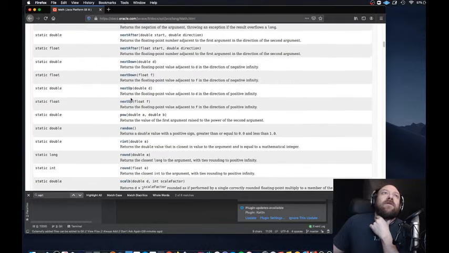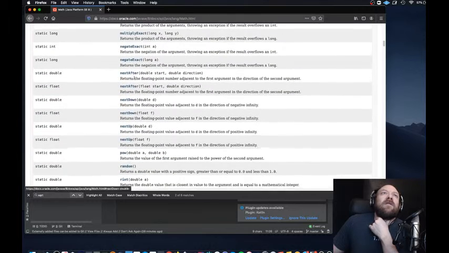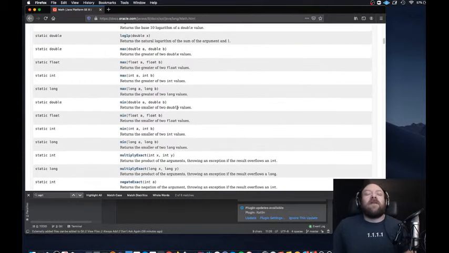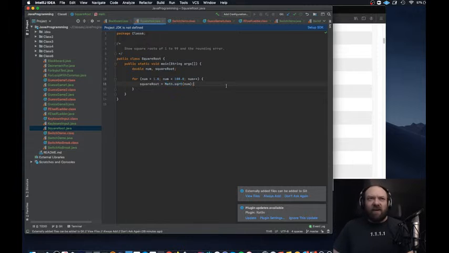You can round numbers. Yeah, all kinds of interesting math stuff. But right now we're only going to use the square root function, right? So we're not trying to be all mathy over here. Cool. So